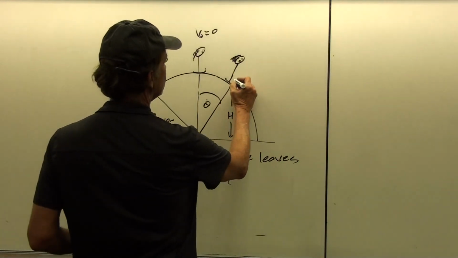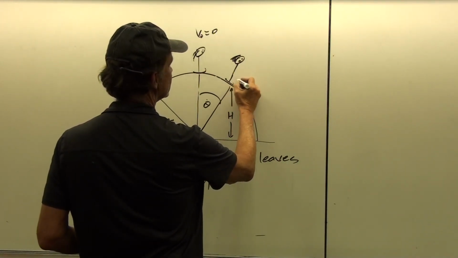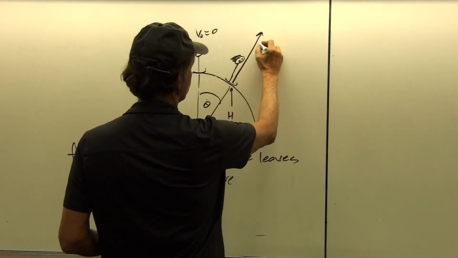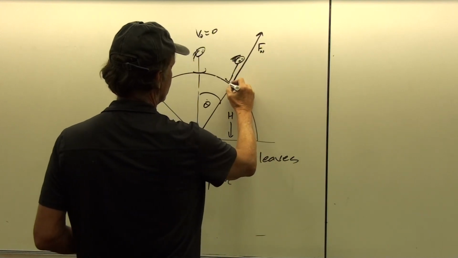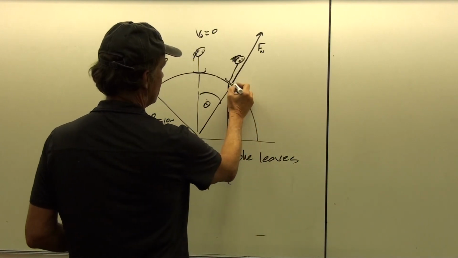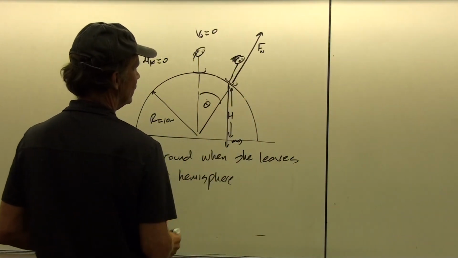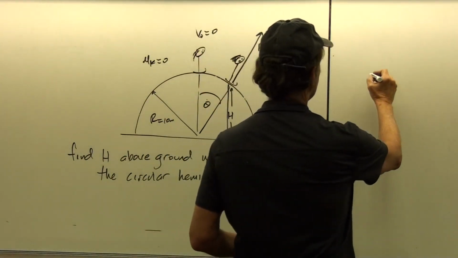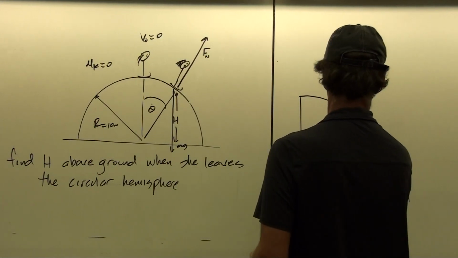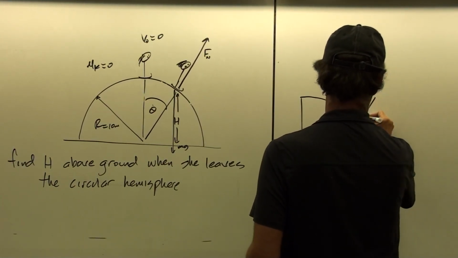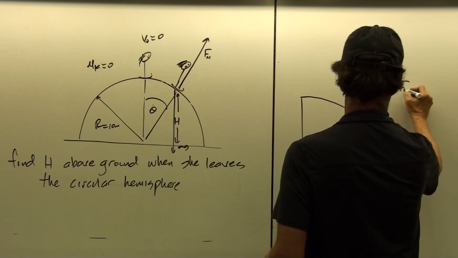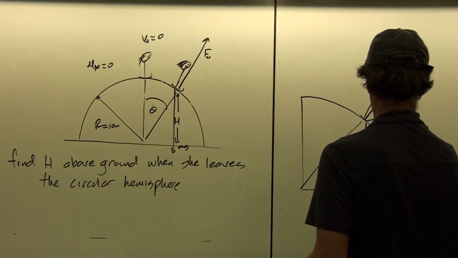And so what I'm going to do here is draw the forces acting on her at this point. So this is for the centripetal force part of the problem. So here we've got F normal. Here we've got mg. But in the direction of F normal, which is toward the center of spin, let me just do that on a little side thing here so we can make this a little bigger. Here's the normal force. Here's mg.